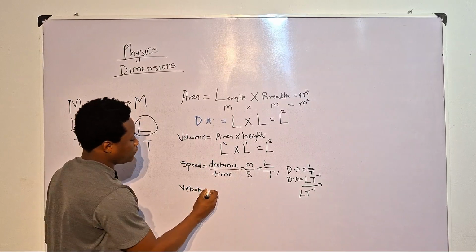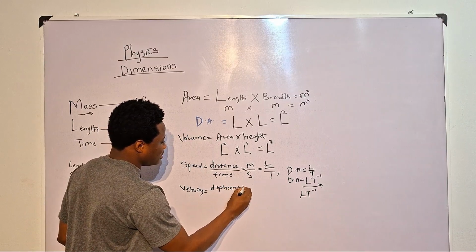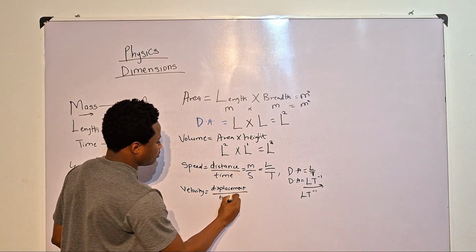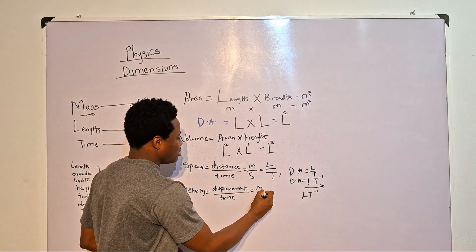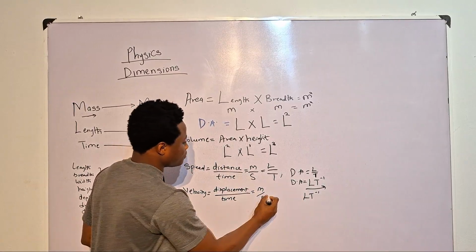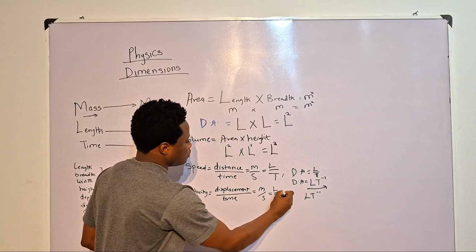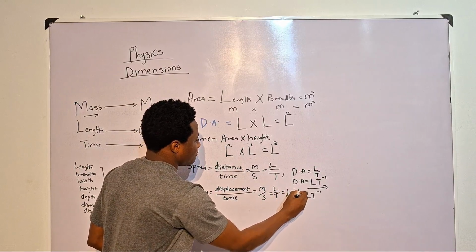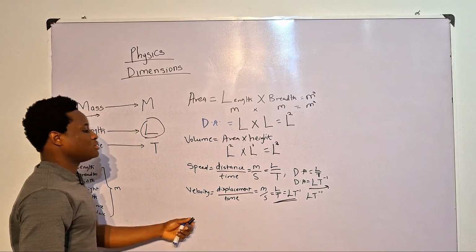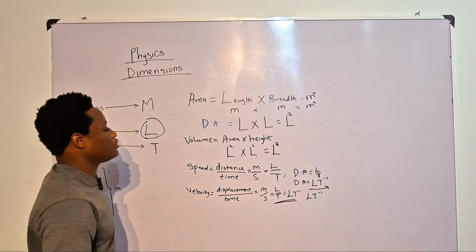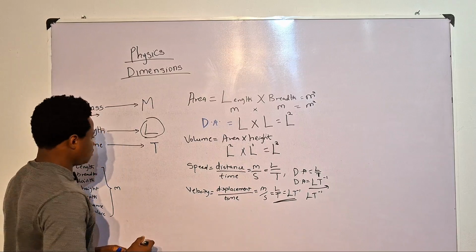For velocity, we have displacement, because we have to state the formula first. Displacement over time. Then we get the SI unit for velocity. The SI unit for velocity is meter per second, the same thing as speed. Since we already know for speed, L over T, we say the dimensional analysis for velocity becomes L T raised to power minus 1. Just the same thing. Then let's do for